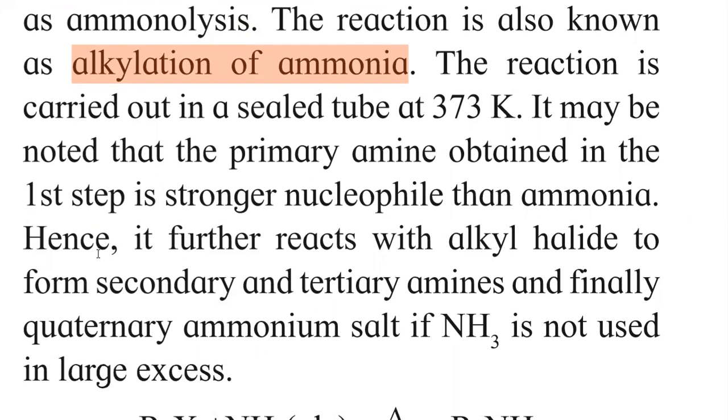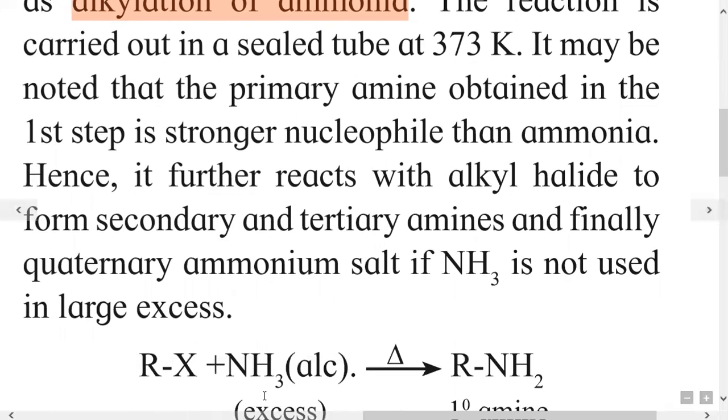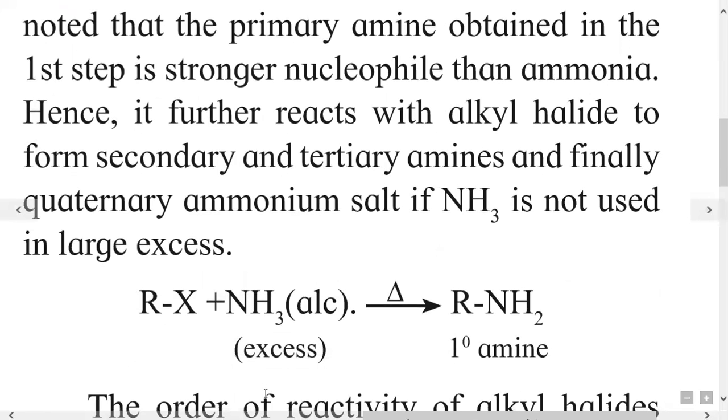If NH3, that is ammonia, is not used in large excess, that is, if we use excess alkyl halide, then we will get a mixture of primary amine, secondary amine, tertiary amine, and finally quaternary